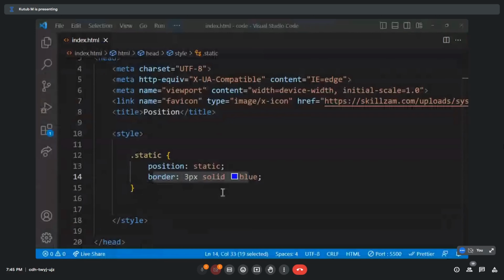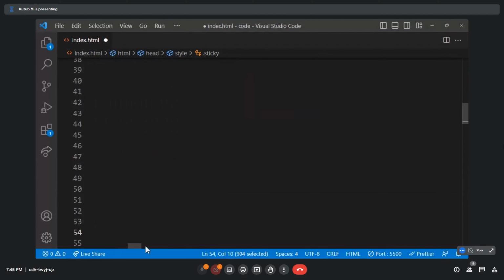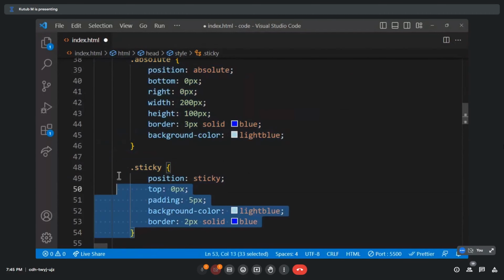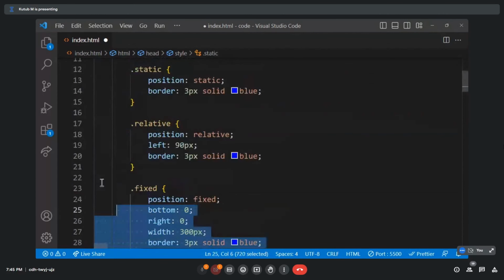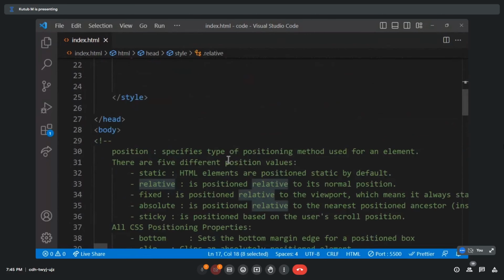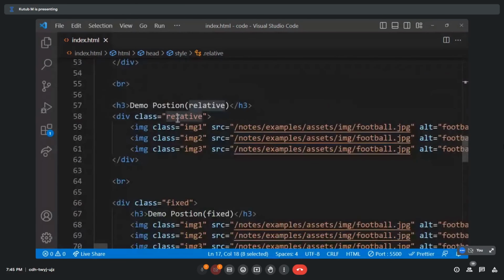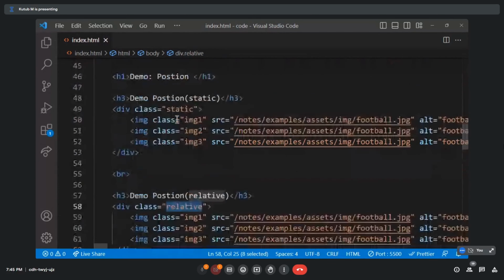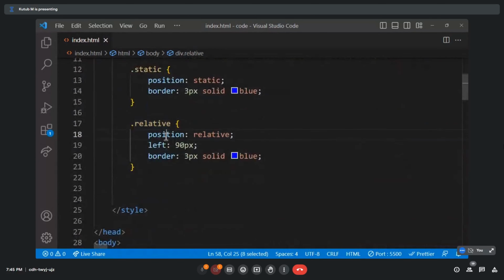All right. Now let's move on to the next one. What is the next one we can take after the static? Let's say relative. Now, what is the class we have selected? Dot relative. This is the class that we have selected. Inside this class selector, we have made position equal to relative. Now we are setting